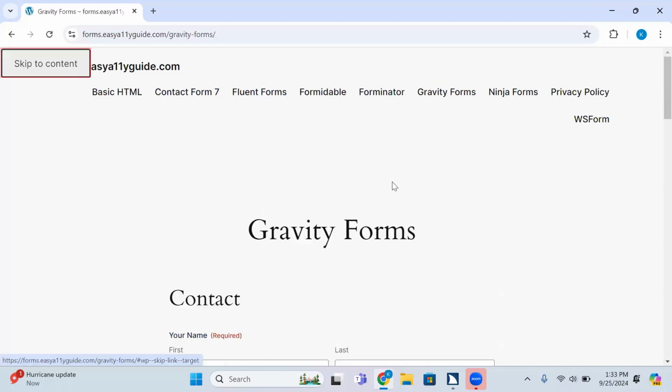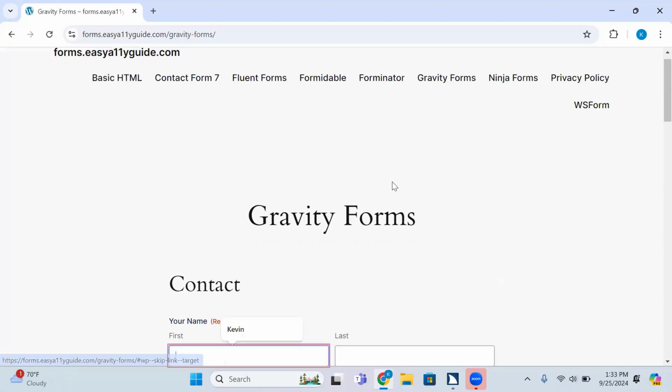Yeah. We have Gravity Forms, high expectations for Gravity. Okay. Main region. Your name required group. First edit required. Blank. Type in text. Required as pop-up. Wow. Very required. All right. Required. Last edit required. Blank. Type in text. Required as pop-up. Very required. At least you know it's your last name.